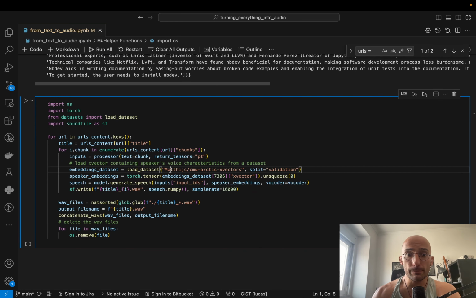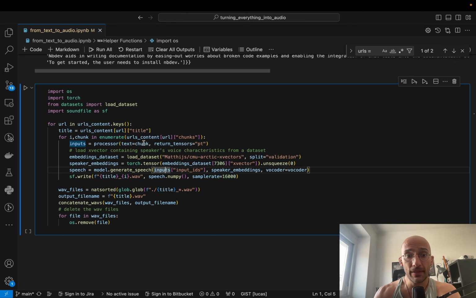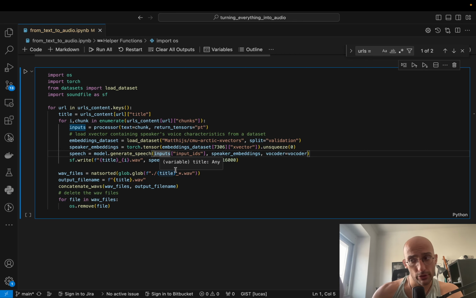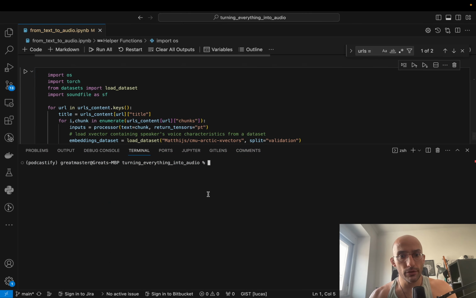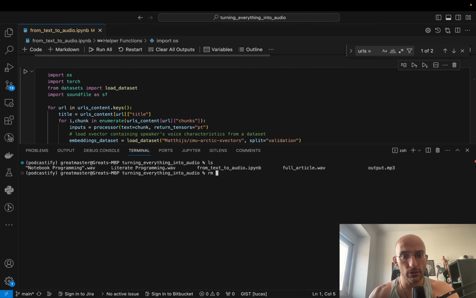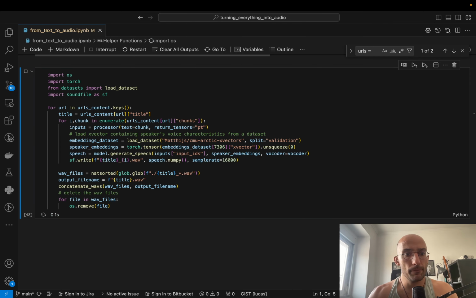And we're gonna use this model to do text to speech, generate speech files, audio files that are actually just audio versions of this content, and save them to their respective WAV files. So I'm gonna come here on the terminal and show you guys. As you can see, there are WAV files here, and I'm gonna remove them so that we can test this function live and see whether or not